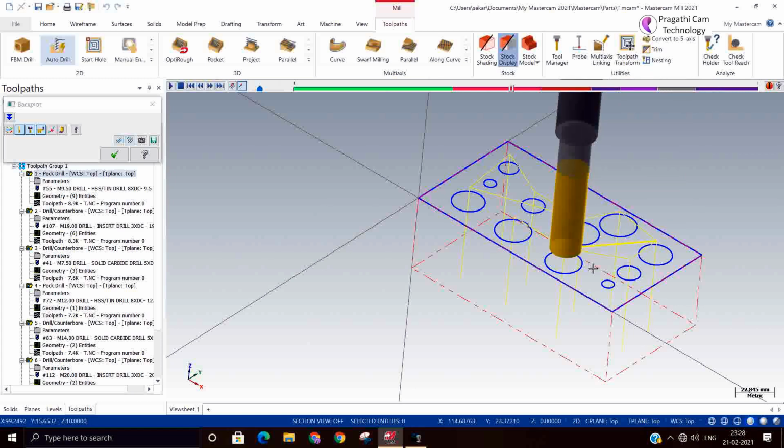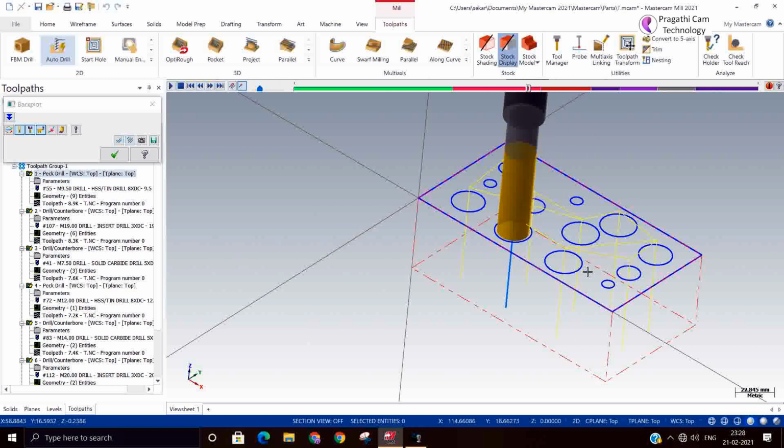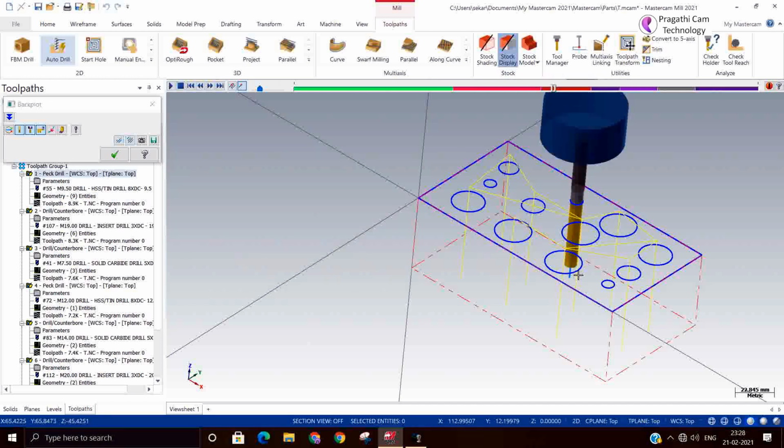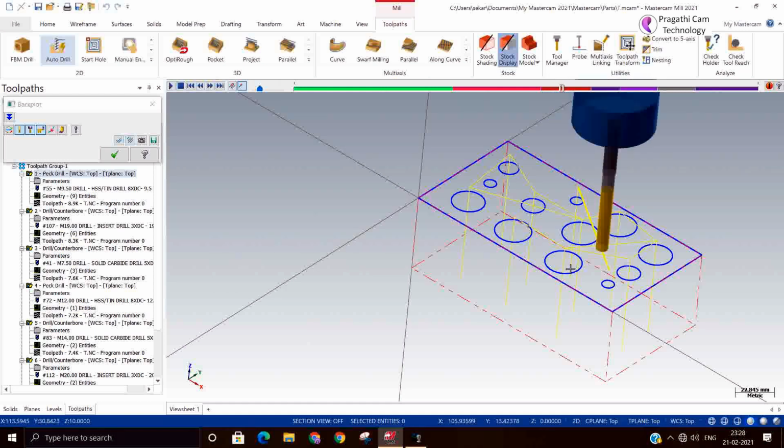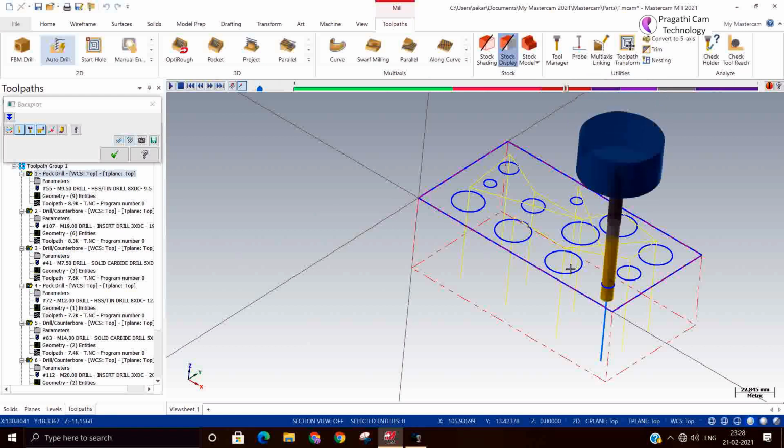This is also pre-drilling. This is also pre-drilling. So like that, it is doing the small holes. Here there are 3 drills, and it will finish all 3 drills.